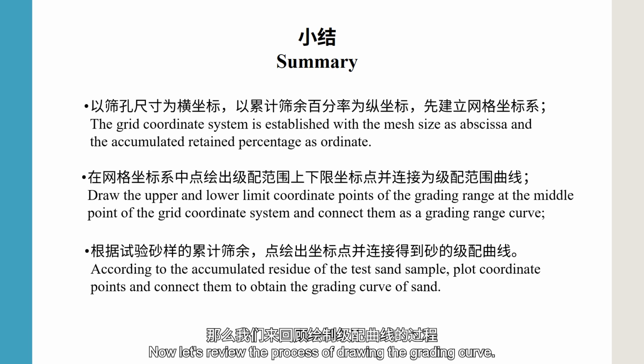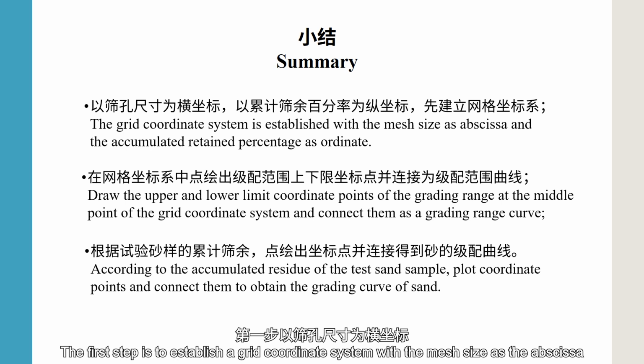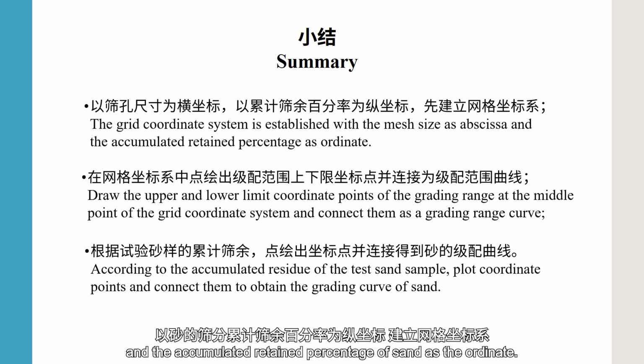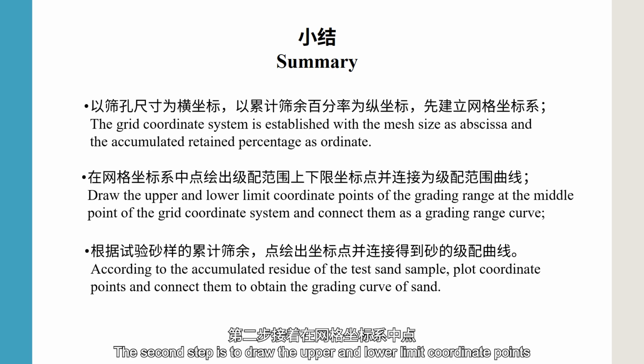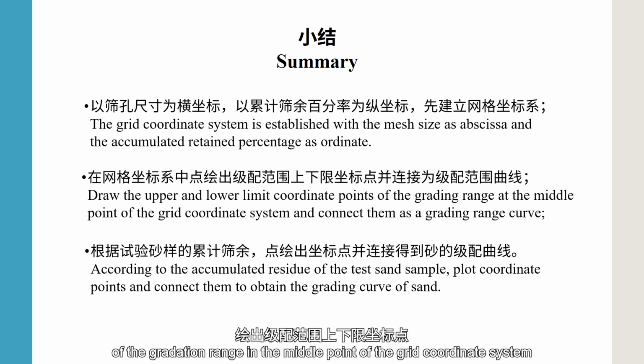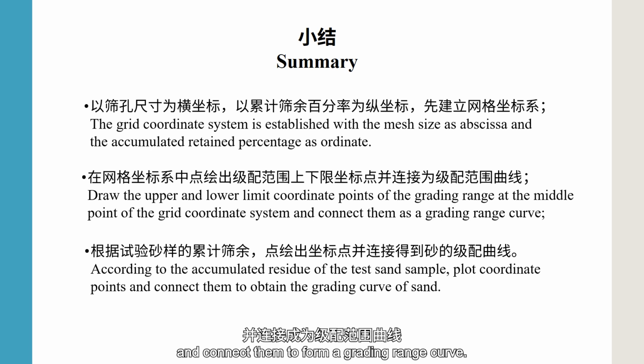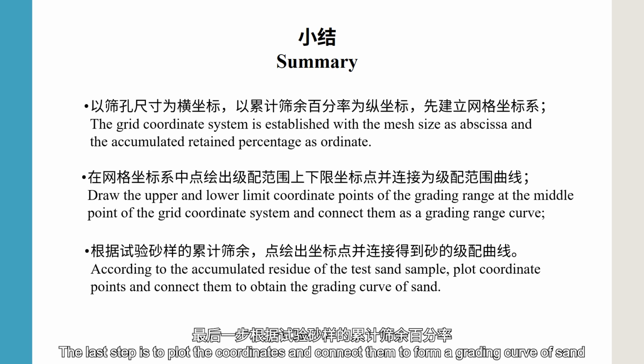Now, let's review the process of drawing the grading curve. The first step is to establish a grid coordinate system with the mesh size as the abscissa and the accumulated retained percentage of sand as the ordinate. The second step is to draw the upper and lower limit coordinate points of the gradation range in the grid coordinate system and connect them to form a grading range curve. The last step is to plot the coordinates and connect them to form a grading curve of sand according to